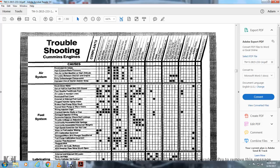the gear pump, worn gear, worn injector, cracked injector body or cup, damaged injector O-ring, injector check valve leakage, throttle linkage adjustment, incorrectly assembled idle spring, incorrectly assembled governor weights, high-speed governing set too low, water in the fuel, wax, AFC calibration incorrect, damaged or worn AFC plunger or seat or barrel, fuel pump calibration incorrect, injector flow incorrect, plugged ASA, AFC air leak at the back bellows,